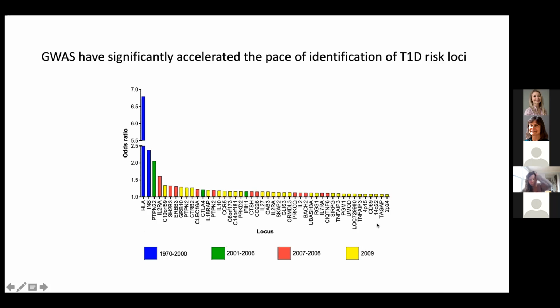Here, instead of putting chromosome names, as scientists, we tend to put the gene names here, but without functional studies to support it, these are the best guesses that we can do in the vicinity of the risk variant identified